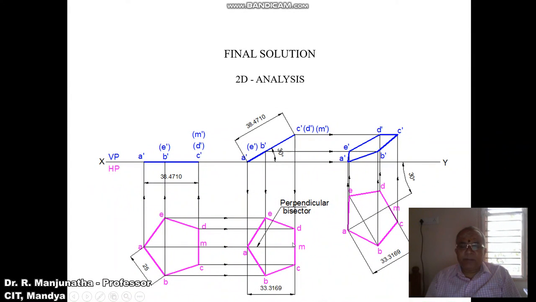And he says that the perpendicular bisector containing the corner on which the lamina rests appears to be inclined to VP at 30 degrees. As he says that it appears to be inclined, naturally you're going to get the apparent inclination, and in the second position the top view is also apparent length. So you reproduce the same drawing at an angle of 30 degrees so that the perpendicular bisector is inclined at 30 degrees. That means AM is the perpendicular bisector, as shown here, and this line has to be rotated by 30 degrees.